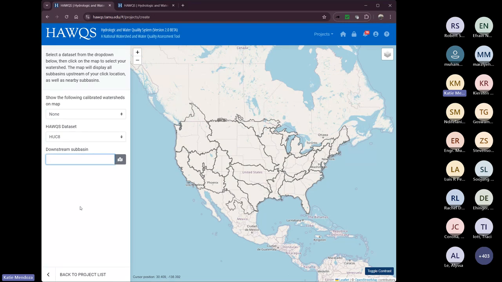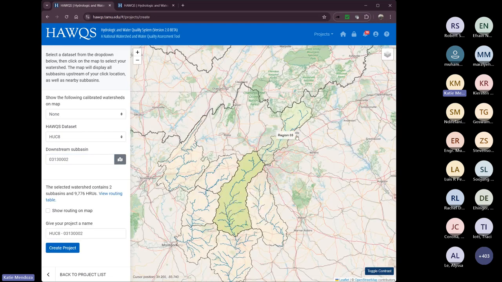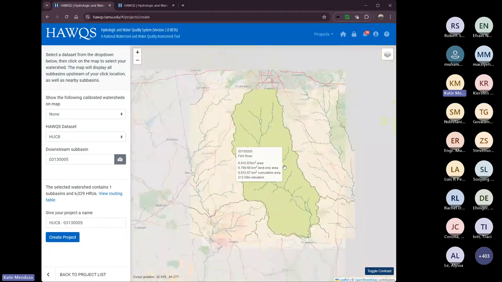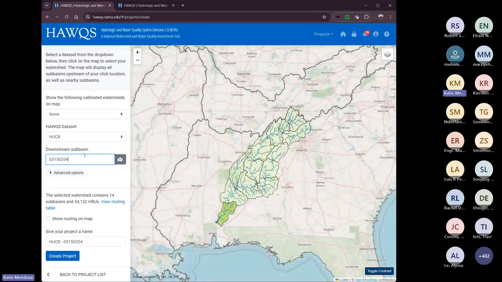What you can do to create a watershed is simply click on the map and it will auto-generate the watershed wherever you clicked, and then you can adjust as needed if you wanted to select a different area, or you can simply enter the ID of the watershed that you want to model into the text box,